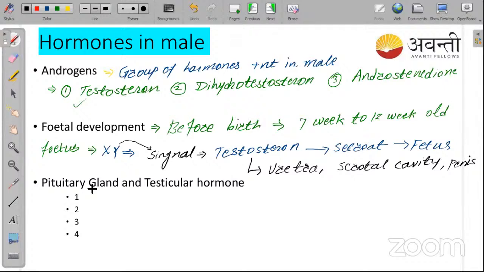We will discuss in detail in the next slide, so don't worry about it. We just see some hormones here which are responsible for the growth or development of sperm. ठीक है. उसके लिए कौन से हार्मोन रिस्पॉन्सिबल है वो हम देखते हैं. So first of all, testosterone. ठीक है. Next is luteinizing hormone, that is LH. LH means luteinizing hormone. ठीक है. Next is the follicle, that is FSH.